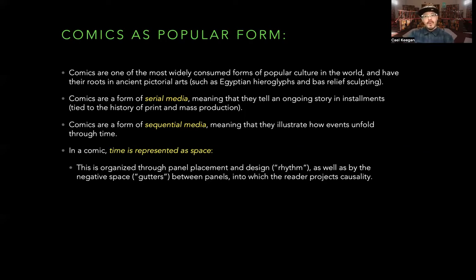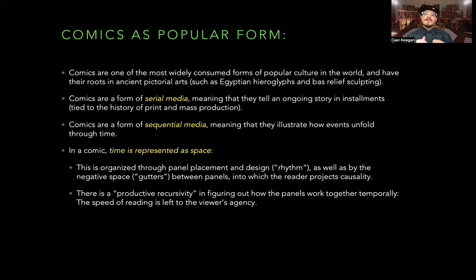Okay, it's very important to understand how our brain is reading these images to create order where maybe there isn't one necessarily, right? So one thing about comics is that they're productively recursive. And what that means is that they invite you to linger and read and reread and look at the panel order, and then go back and look at the panel order and sort out what you think is happening. And they invite this process of closure between panels by placing those white negative spaces between them, into which our brains project causality, meaning, oh, this happened, and so then that happened, right?